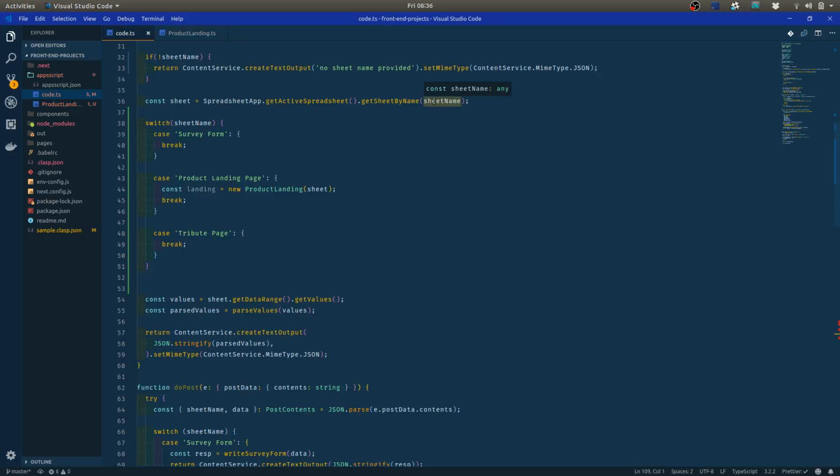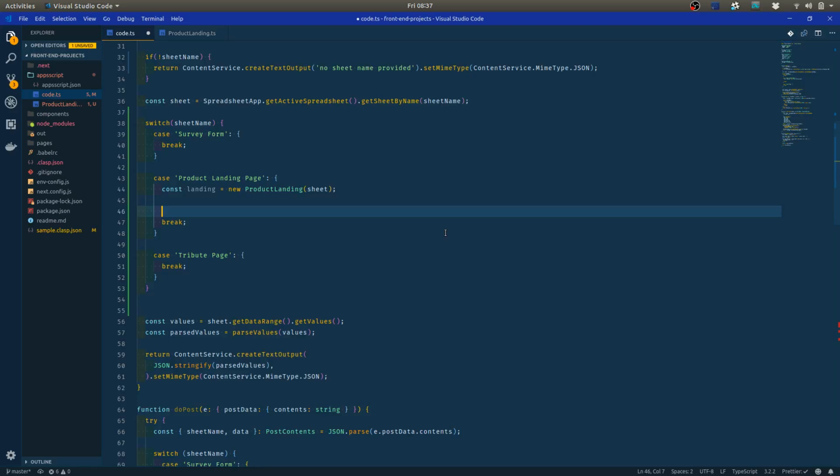Okay, so now passing in the right stuff here, landing, and I want to return. Now what if I broke this off into its own little function? Let's say return